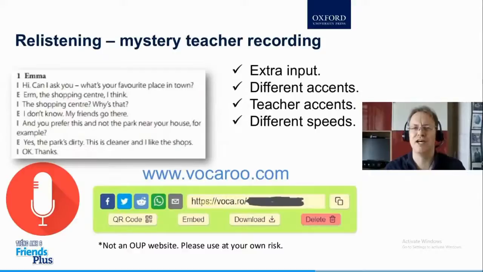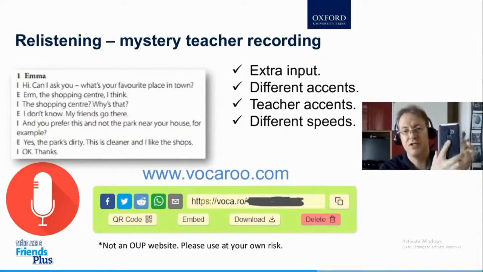So how can we do that? Well, of course, you can read the text, you can read aloud, but here's a fun activity that I think you'll enjoy. It's called Mystery Teacher Recording. So one idea is you've got the tape scripts in the teacher's guide. So I would take a tape script and, working with another teacher, I would record the tape script using my